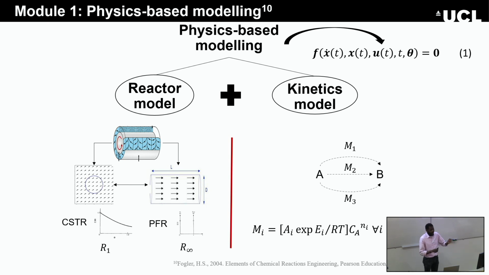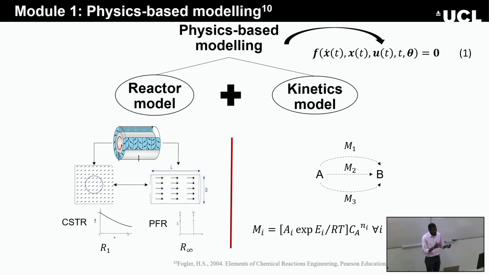And in this case, we are inspired by a type of reactor which can vary from CSTR to PFR. So we could have different hydrodynamic behavior depending on the experimental condition. And then the kinetic model could also assume different pathways. In this case, it's been indicated using 3 different paths. And we represent each path using the Arrhenius equation.